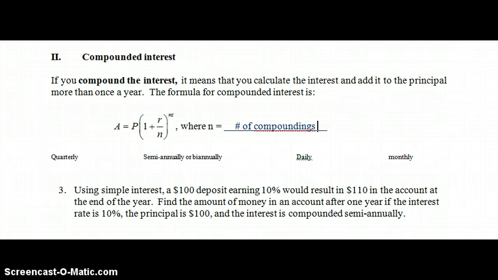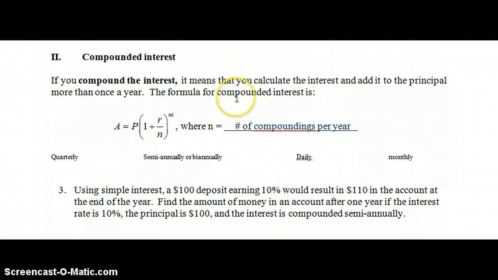And this just means that instead of waiting until the end of the year to add the interest onto your account, such as it says using simple interest, a $100 deposit earning 10%, so 10% of 100 is 10,